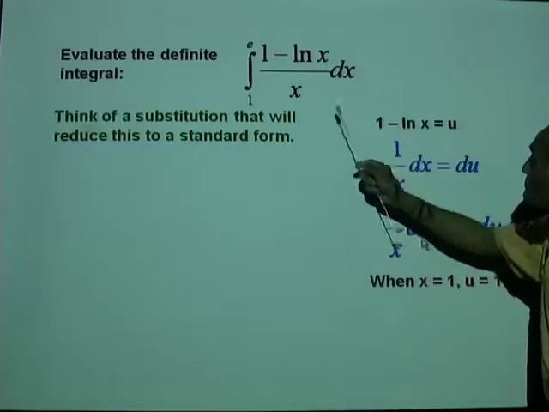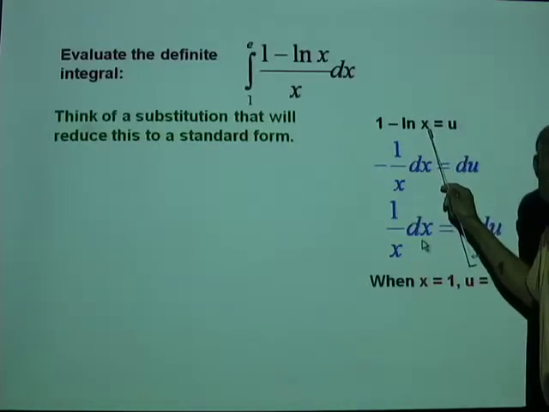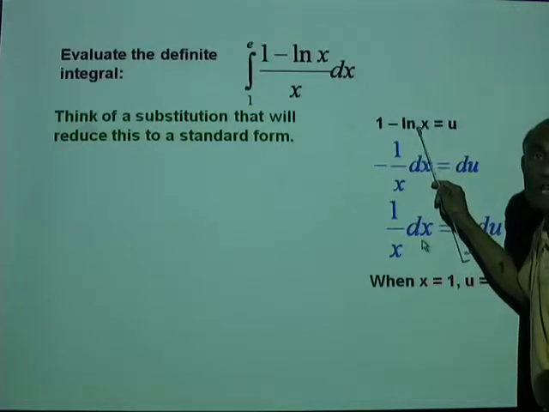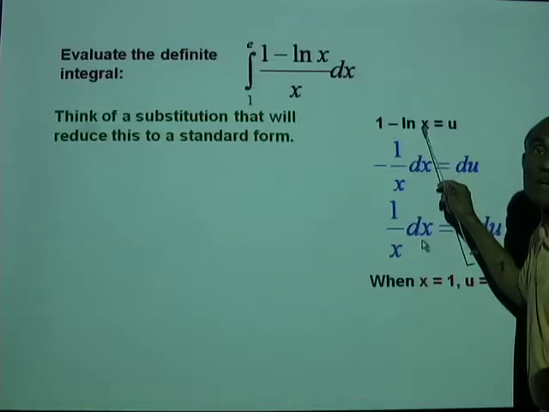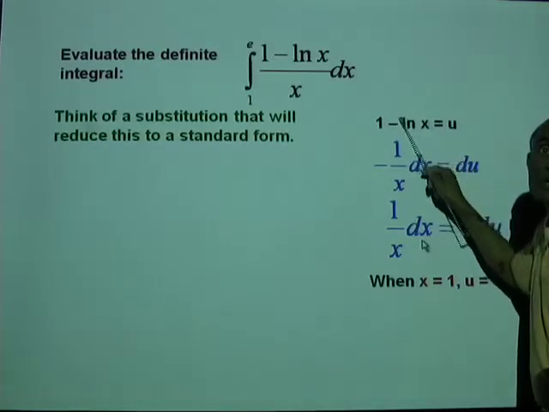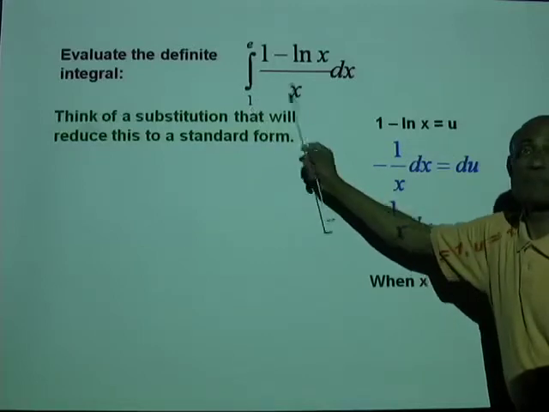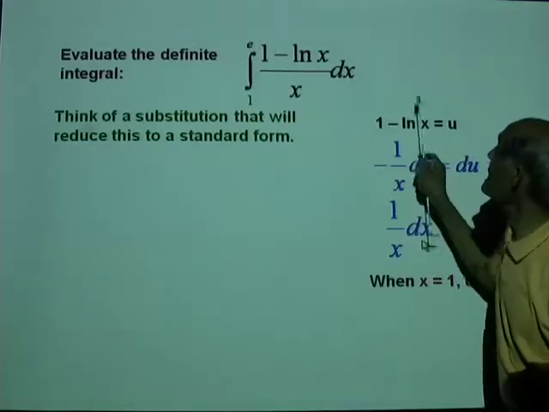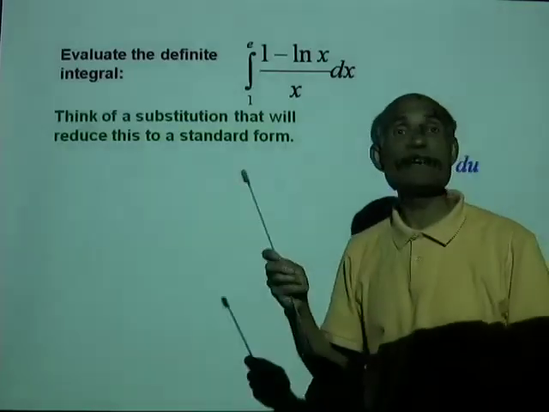Well, before we do that, we need to replace our limits using this substitution. Alright? Now here, when x equal to 1, what is ln 1? ln 1 is 0. So when x equal to 1, u equal to 1. So that limit will remain the same. When x equal to e, what is ln of e? ln of e is